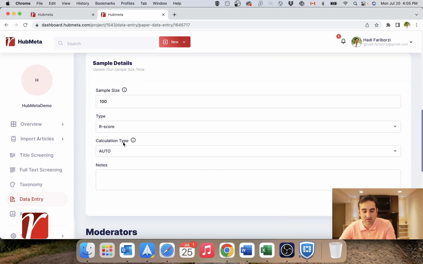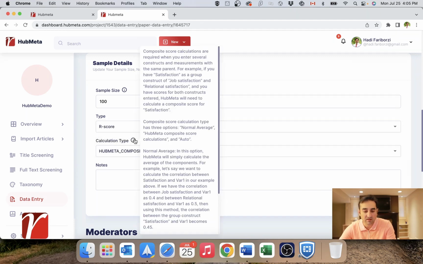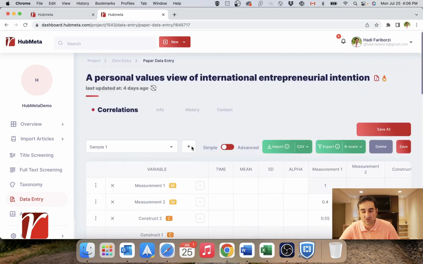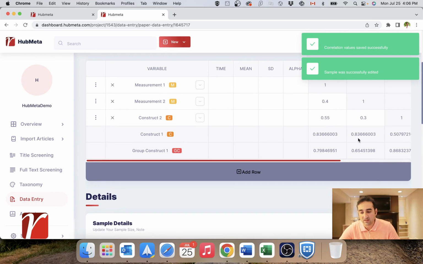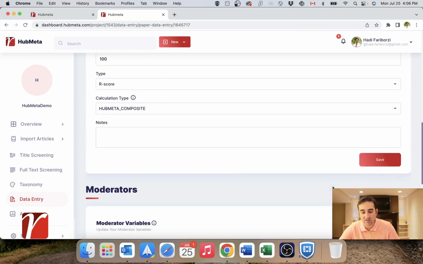So this calculation type actually is the way composite scores are measured. By default it is set on auto, and the default method is HubMeta composite, which is the Hunter and Schmidt method, which uses those formulas for calculations. So if you choose this one and click Save All, as you can see, values are calculated again, and these are the composite scores you can see.